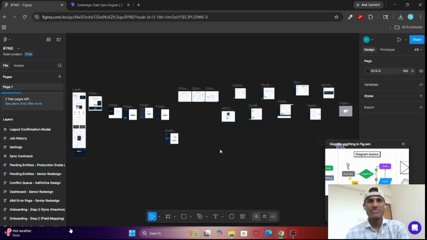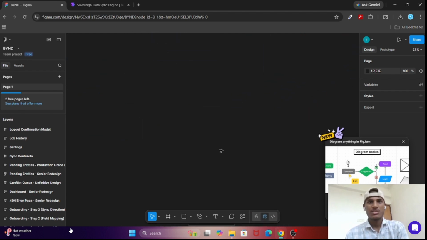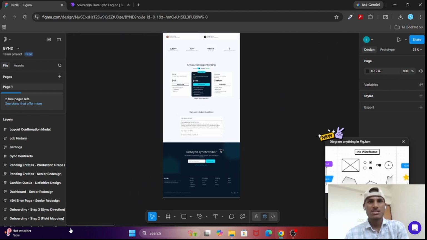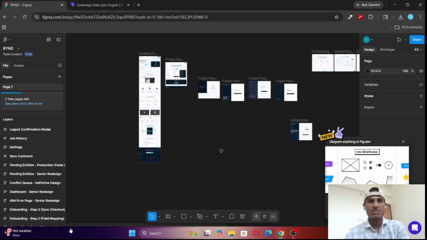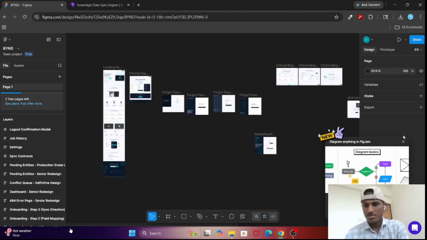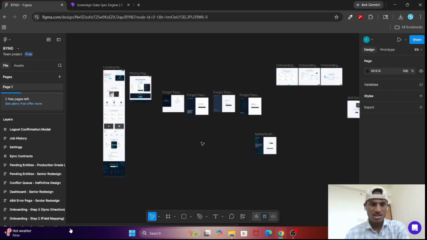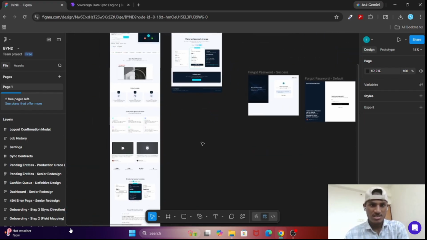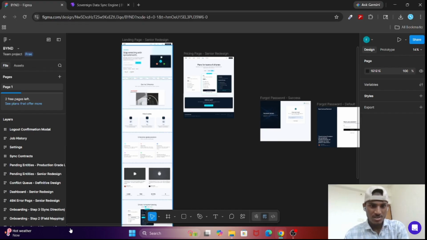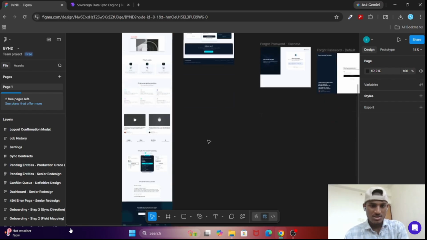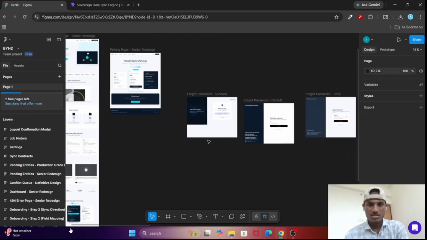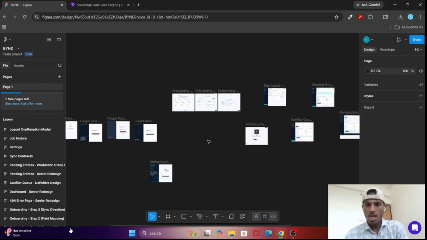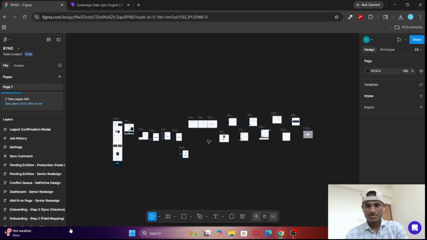These are the Figma design files used during the development process. They define the layout, components, and user flows of the application, how the application will be shown on the website. You can see this is how my landing page will show. I created it at the time of the development process. So this is the Figma page.